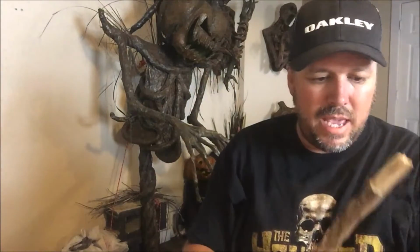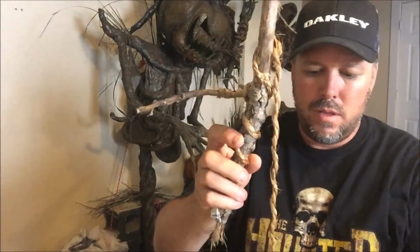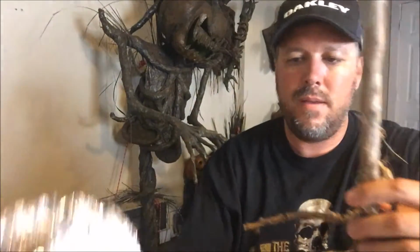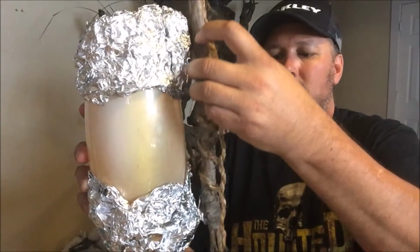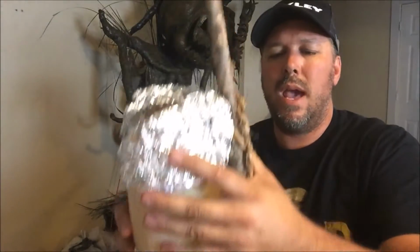Now you're just going to take each stick and apply it to where you wanted it on the jar. And I think this one goes around this way, and I had it on here like that. And again, you kind of want to have that